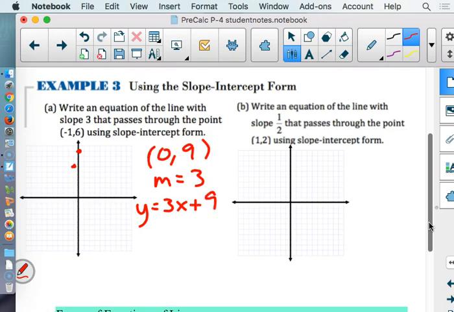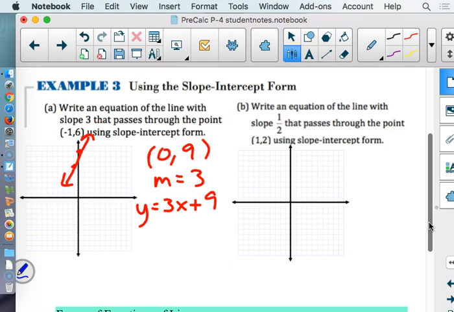Done. So if we can get that information super easy, then why go through the point slope form? This definitely we could find that intercept right away. And of course, I want to finish this off with just a quick little sketch of where that line is. Well, every once in a while, that thinking doesn't work. So this one says write an equation of a line with a slope of 1/2 that passes through the point